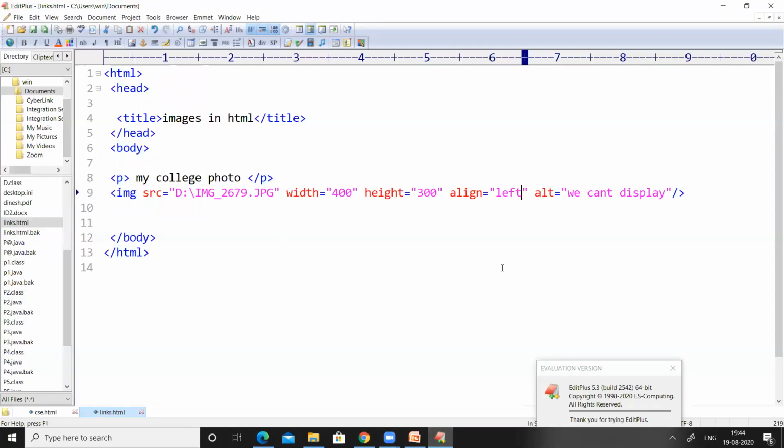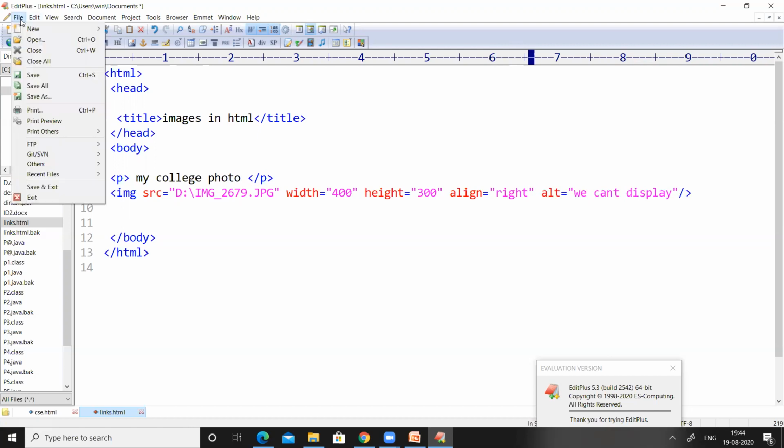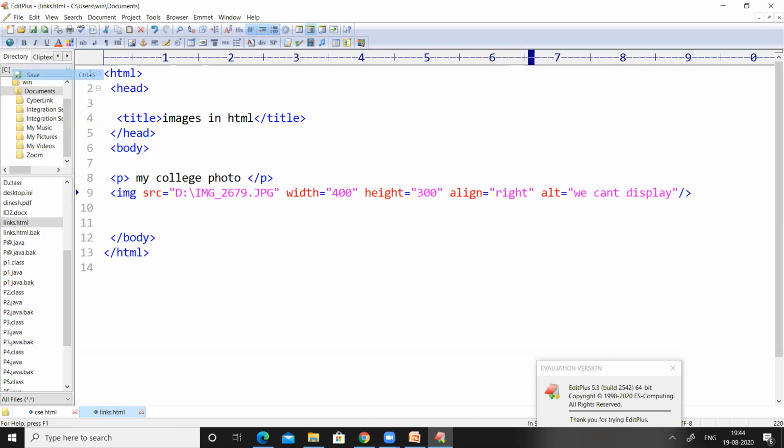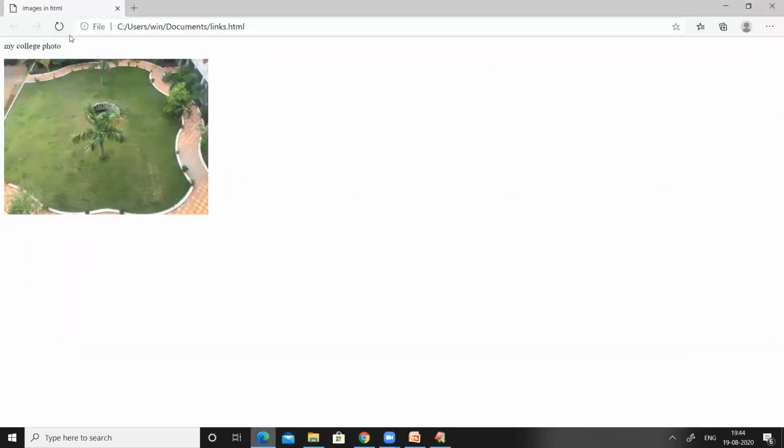Now let us change the alignment. Here I am giving the alignment right. And again, I am saving this code. And then I want to see the output, so I am pressing the refresh button.